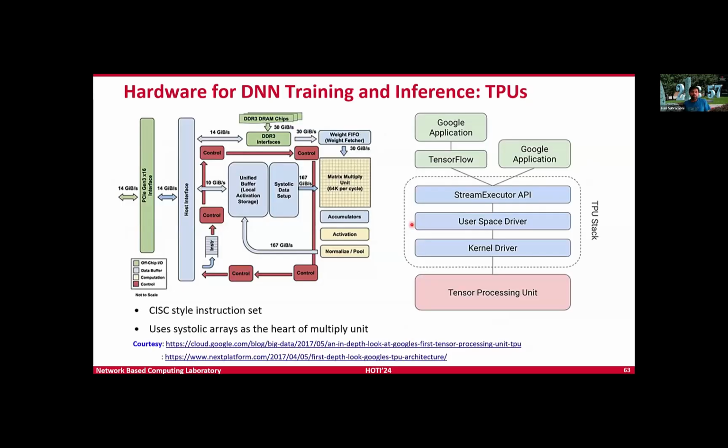Now, if you look at the CPU side, you have various special purpose as well as general purpose processors out there. This is one such example. This is the Google's TPU or Tensor Processing Unit. The heart of this is what you call the systolic array. So if there are old timers out there, you would know that way back when systolic arrays used to drive a lot of compute in earlier high performance computing machines. Google has brought that in, and they use a sys style instruction set here. And if you go on to the Google Cloud system, you will be able to use TensorFlow built for this architecture and perform your training there.